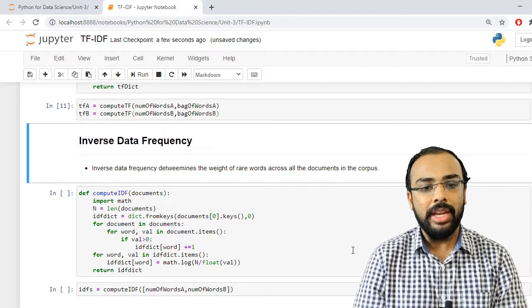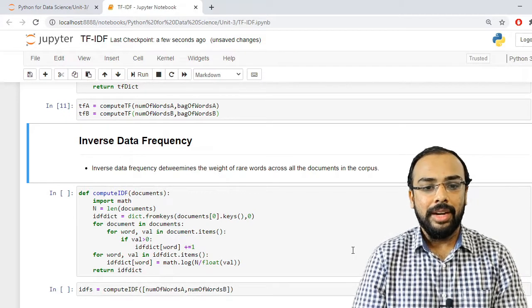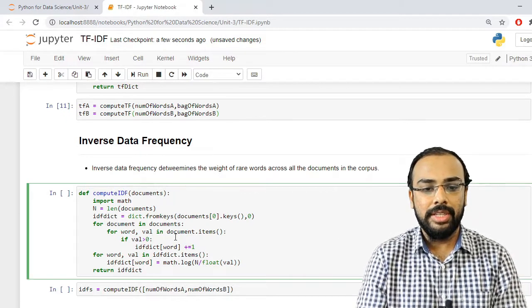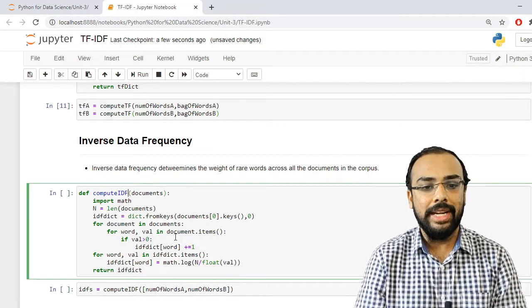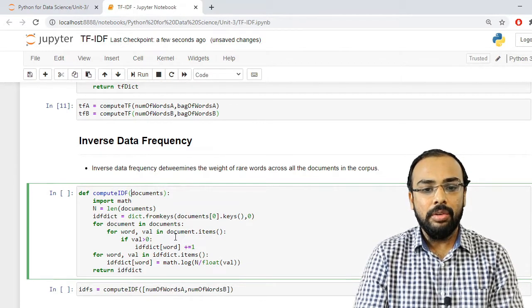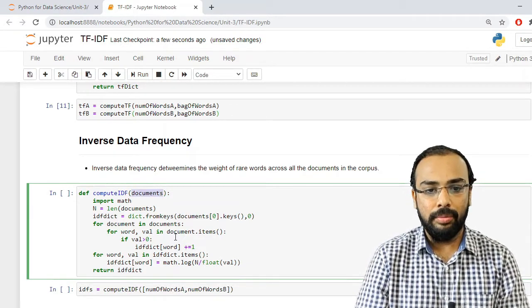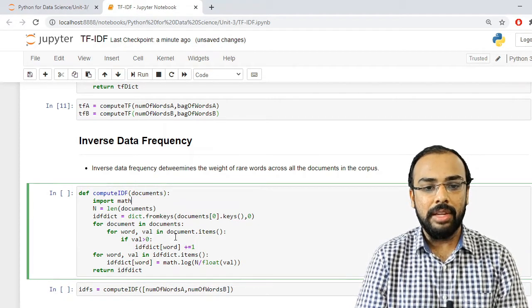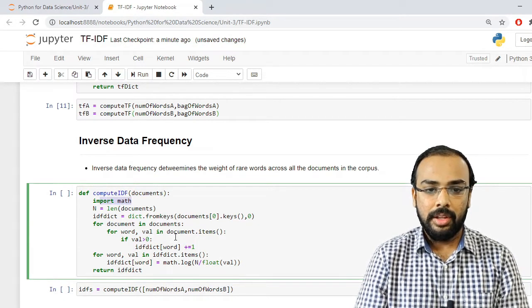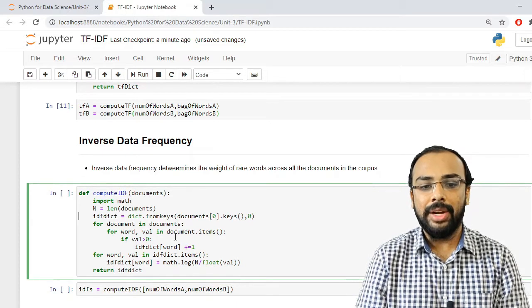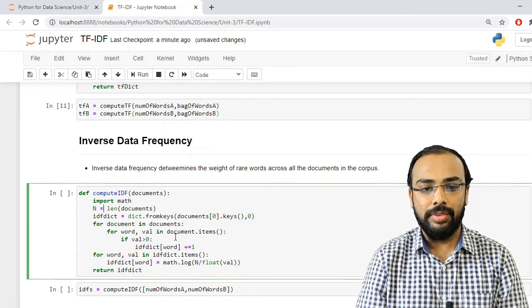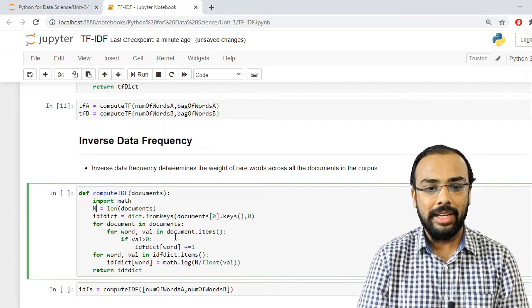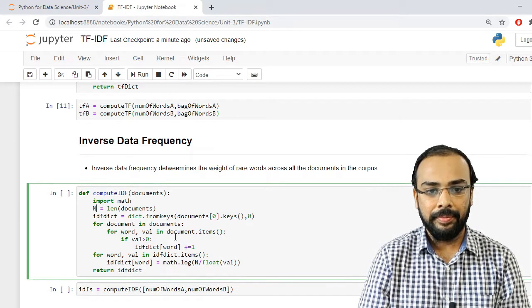Again, for that I have declared and defined a function which is named compute_idf. Here I need to pass my entire document. I am using some math functions, so I have imported math. I need the length of my document, so I have used the function len and stored it in a variable that is n.